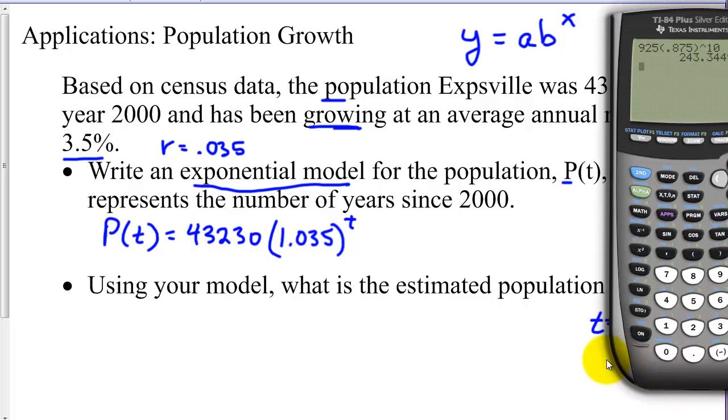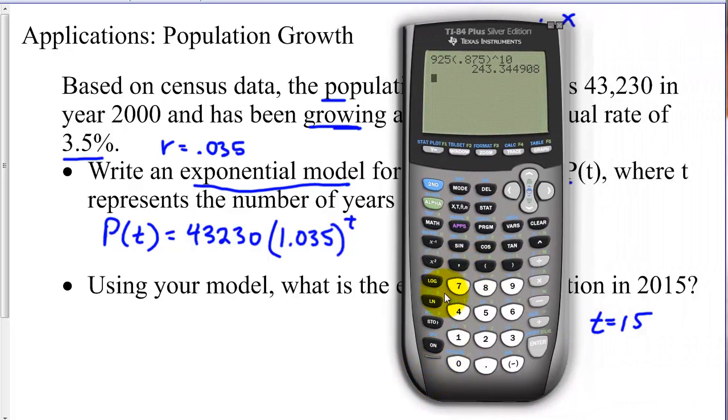So we just use our model here. So 43,230 times 1.035 raised to the 15th power. And since we're talking about people, we'll round to the nearest whole person. So our estimate of the population in 2015 would be